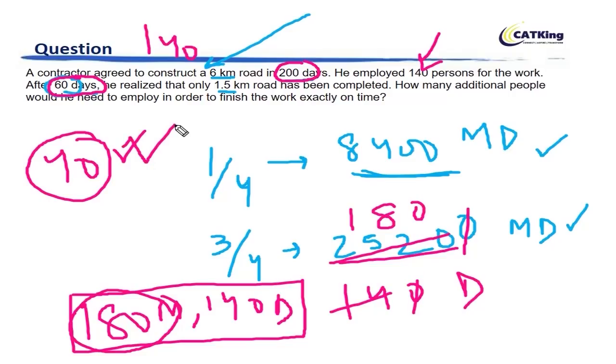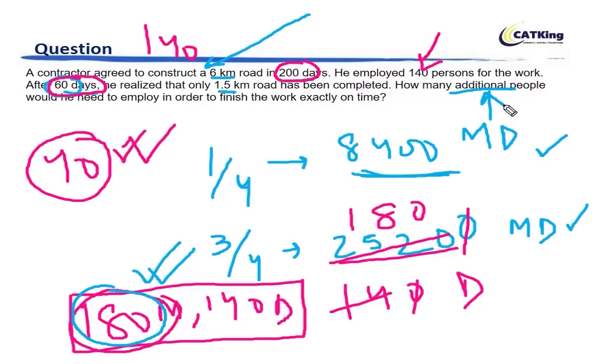I hope this is clear to you. One common mistake that people do is they calculate this 180 and think that this is the answer, which is not true. The question is how many additional people. Reading the question clearly is very, very important. Sometimes in these easy questions, a silly mistake can cost you marks. So read such questions very, very clearly so that you don't commit any mistakes.